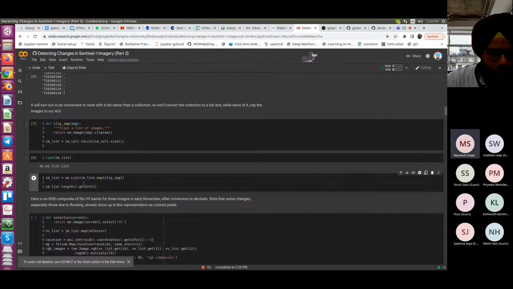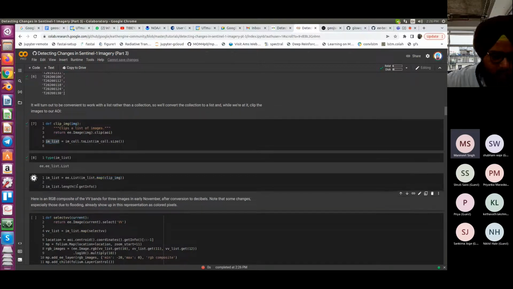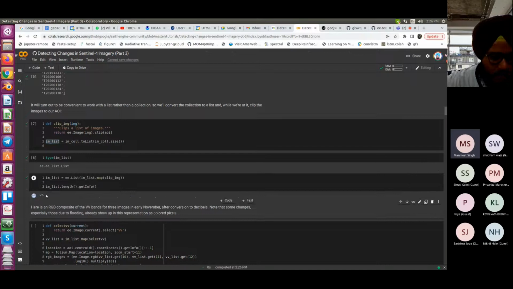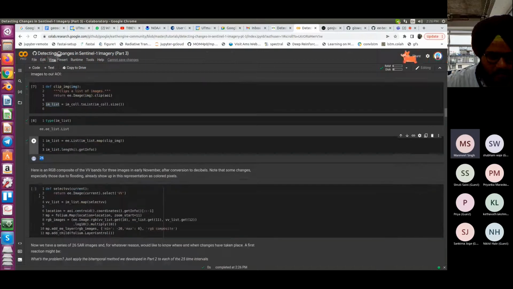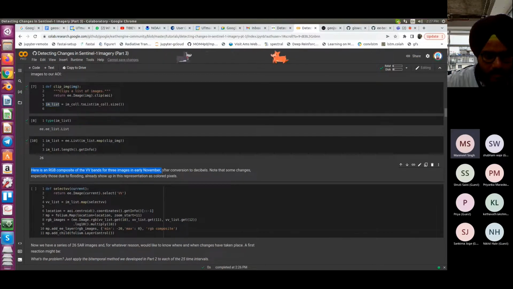So then you do im list dot map clip image, so you clip over that area of interest. And okay, so it's not length of list. So you have to say im list dot length dot getInfo. So this will give you the number of images, which is 26. And here is an RGB composite of the VV bands for 3 images in early November